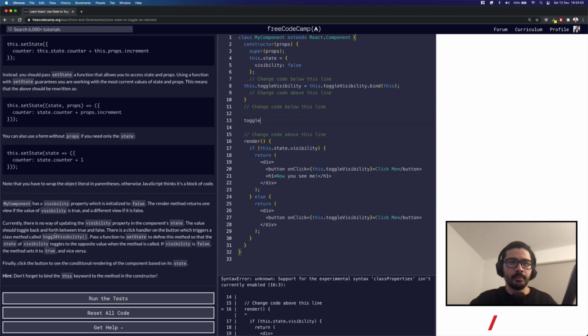The value should toggle back and forth. There is a click handler on the button which triggers a class method. Pass a function to set state. Okay, so toggle